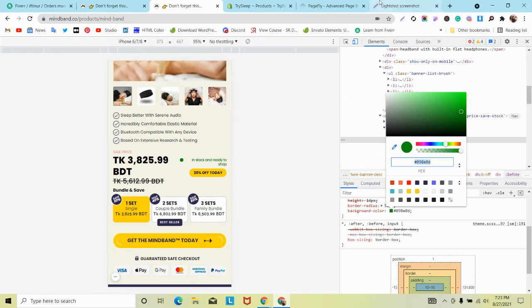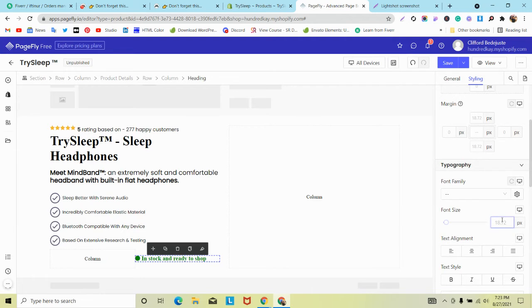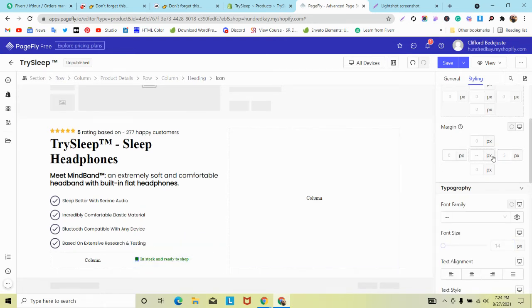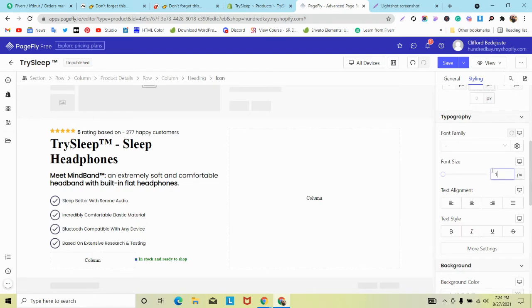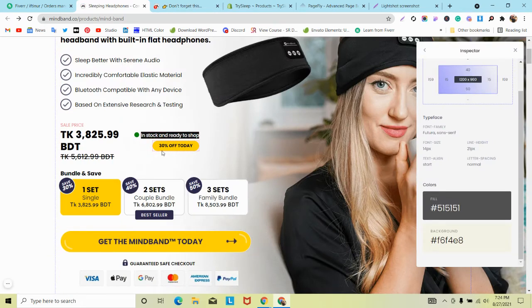Copy from here and put it here. Wow, so basically it looks good, and the style says 14, and from icon you can also increase the size. Okay, in stock, and here is a button. Fine, we can also add that. Before that I am adding